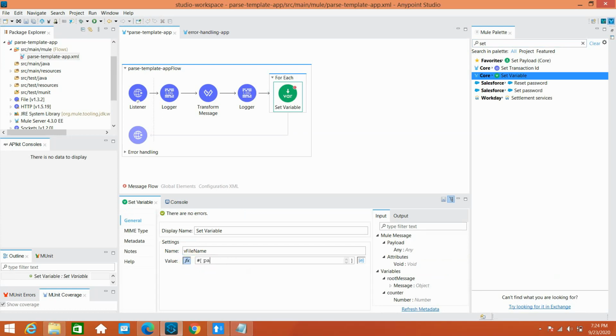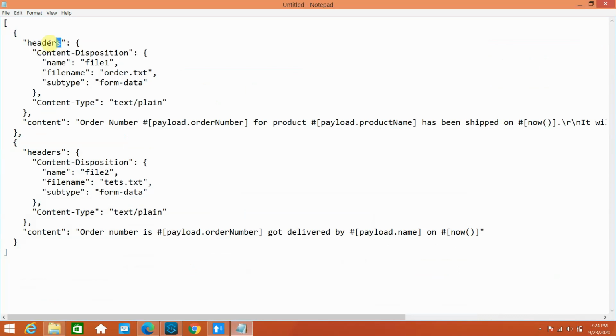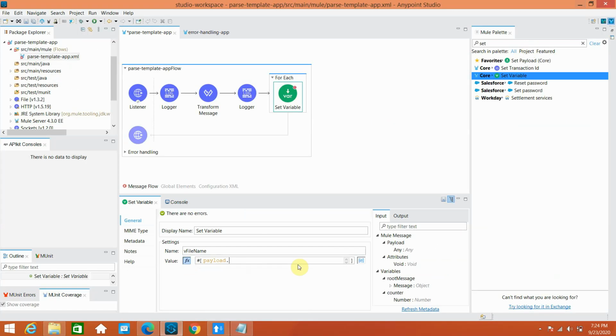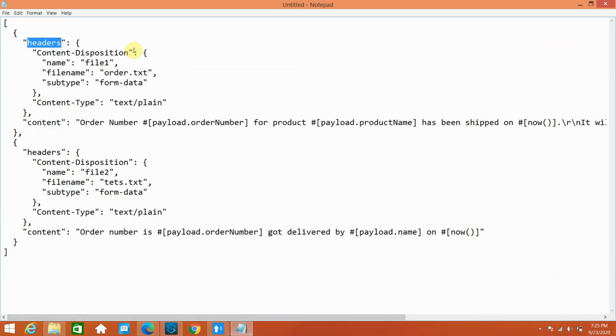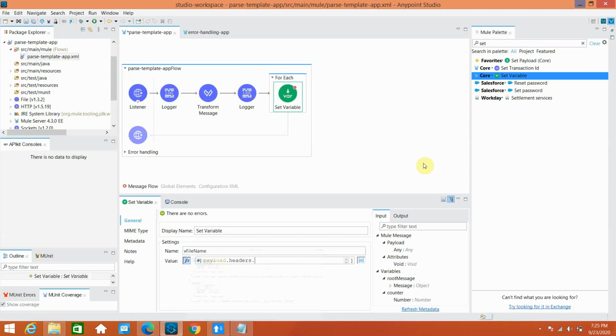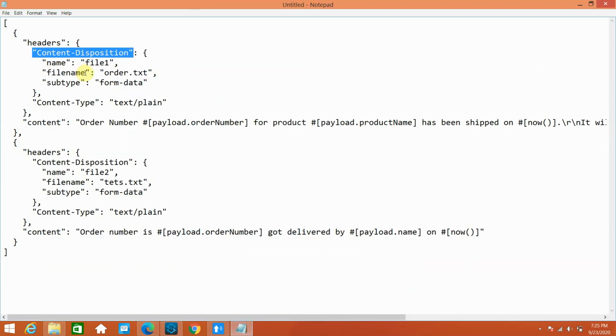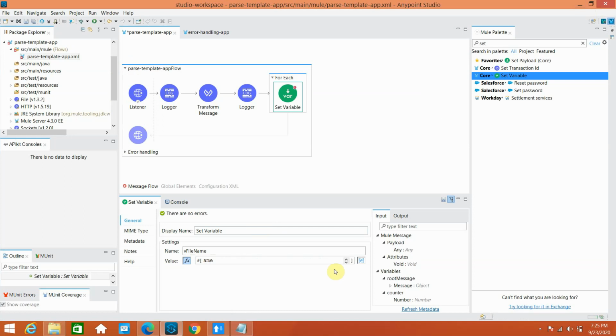I can say payload dot, let me check one by one. It comes as headers dot content disposition, dot, you can read the file name. Okay, so that is how you can read a file name.